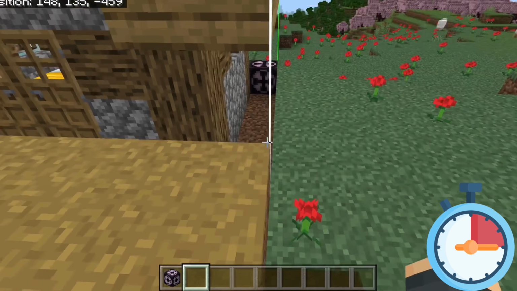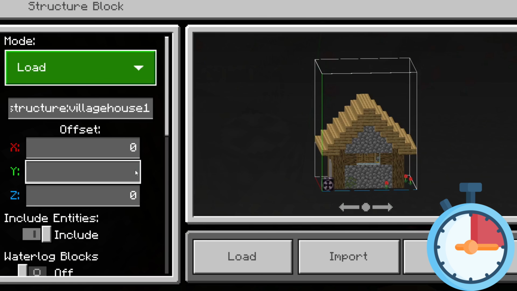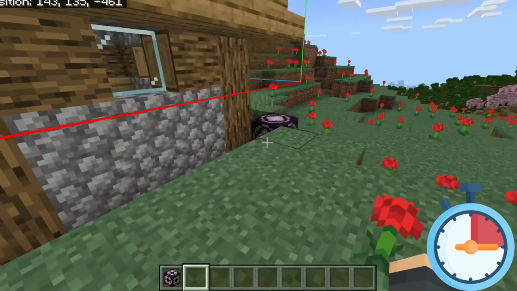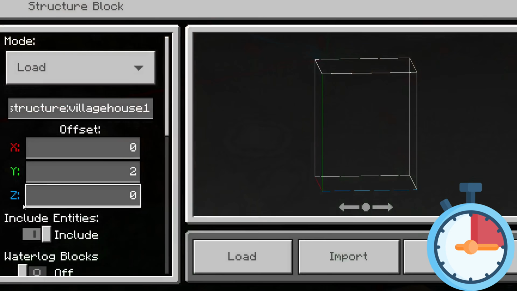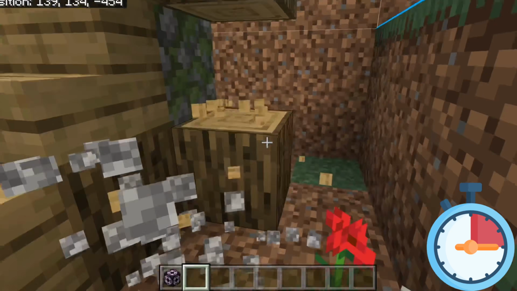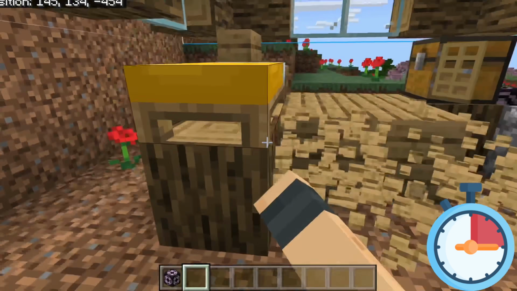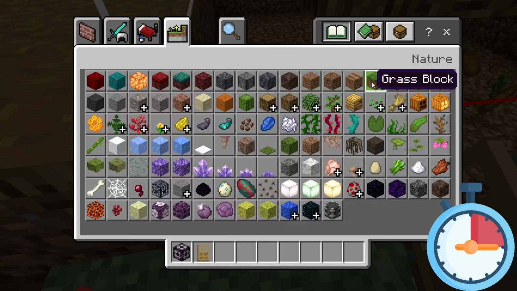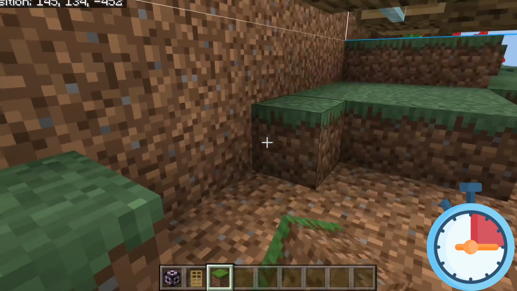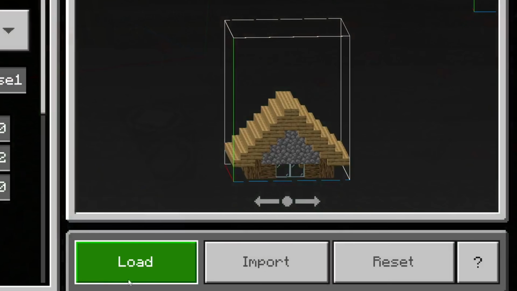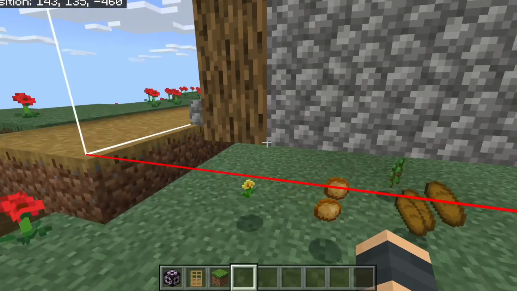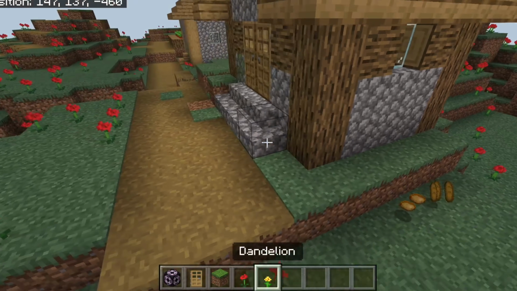I'm going to have to fix that. But as you can see, I'm just going to adjust it and paste right on top of it. Anything that's in the box, by the way, if you're going to load something within a certain box, everything will be replaced by whatever you're going to load in the structure. I'm just doing a little time lapse of me trying to fix it and all that. And now I pasted in the new structure, which is actually in the correct spot that I wanted it to be in the first place. And yeah, it looks pretty good.